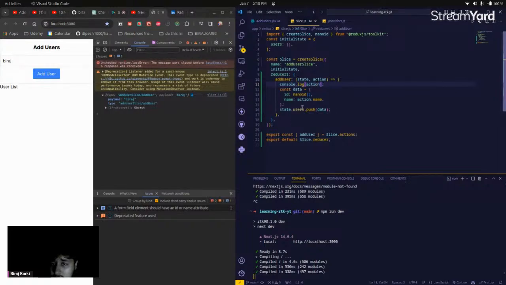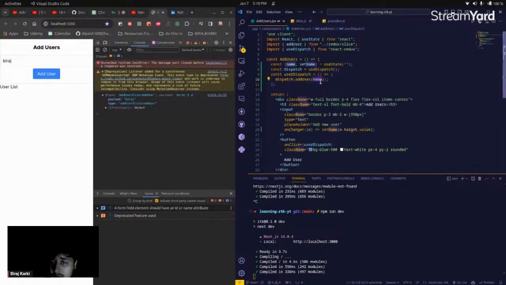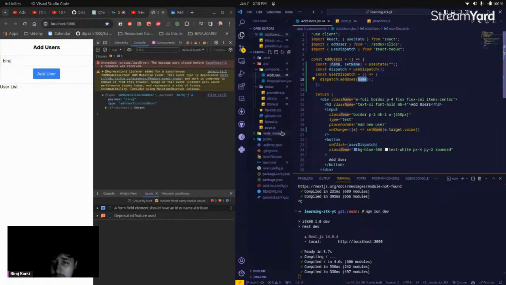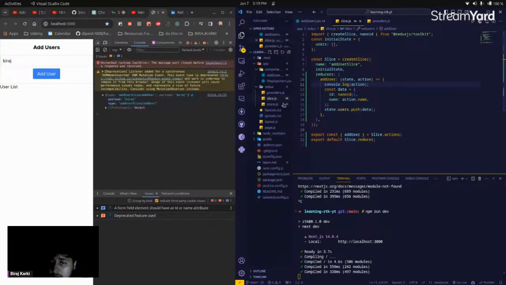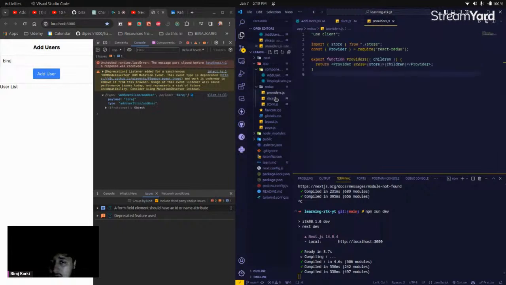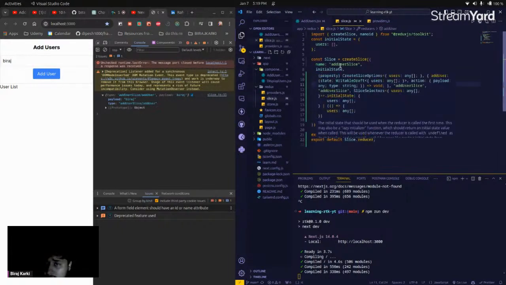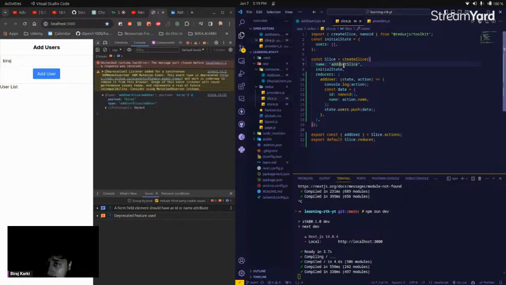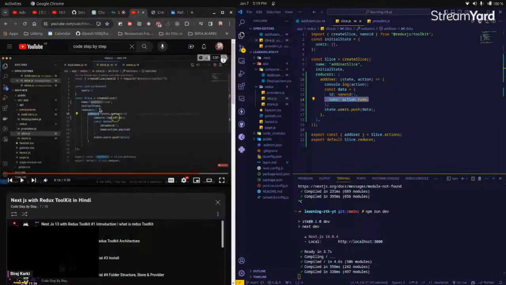this add user. Where is the add user? I think the file we created, add user, was here. So it is an add user slice, yeah. So here is the add user where we created a state and an action which will push to a data array, and it will have a unique ID and it will store a name. So now what we need to do is we need to make a